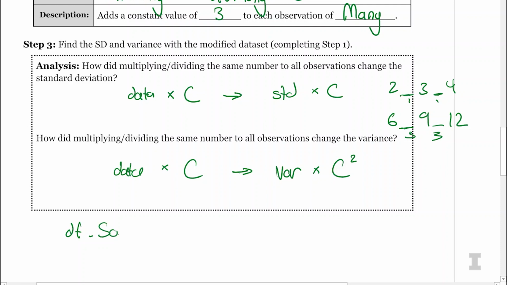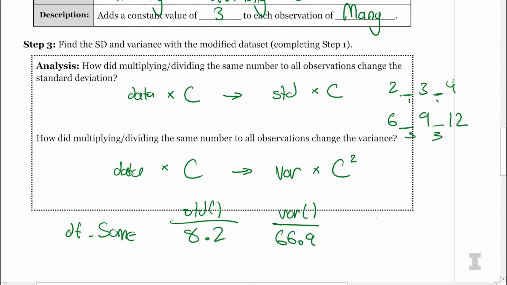So let's find the original values of sum for both the variance and the standard deviation. All right, so the standard deviation is 8.2. And the variance is 66.9. And now you wanted to multiply all of them by a negative number? Yes. So let's do -4 so we can make sure to see the difference. Perfect. So I'm going to do df.sum is equal to df.sum times -4. Exactly.